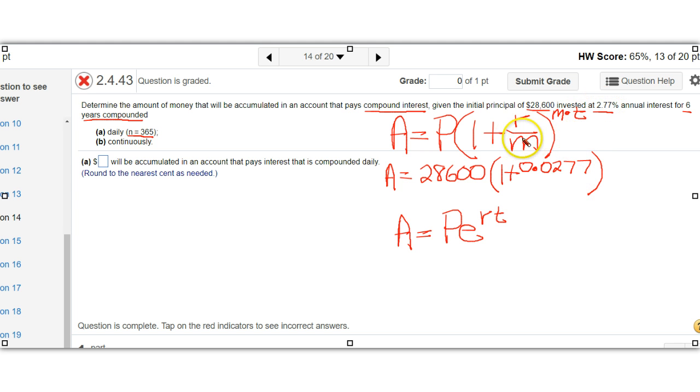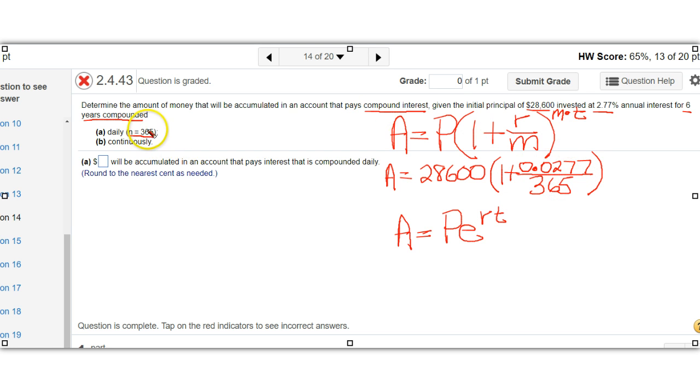and that's going to be over M, and here they're using the letter N, but depending which formula you use, there's a couple of formulas floating around, but this is one we'll use. So M here in this formula is the number of times it's compounded during the period of a year, and they're saying daily. So we're going to divide this by 365,